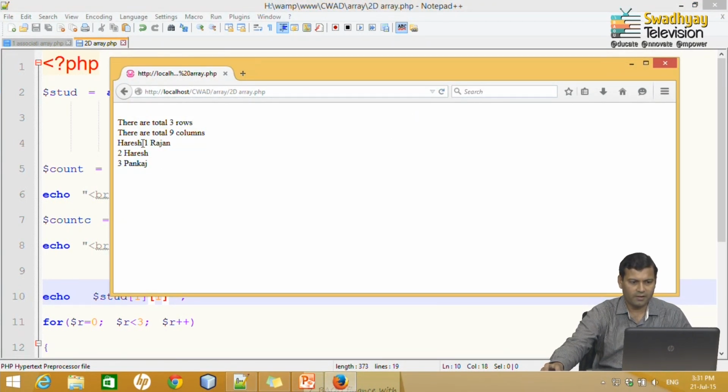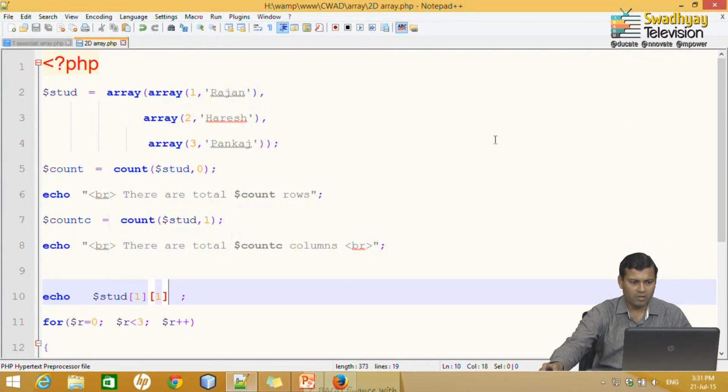So, it will display Haresh. You can look here, because this is converting that value into a particular string. So, an array cannot be converted to string that way, that is why I just remove br, but that way you can also type this value, right. So, this is the index, I provide that value.